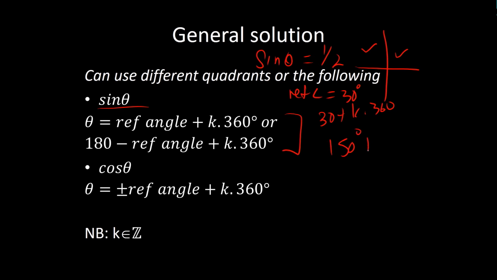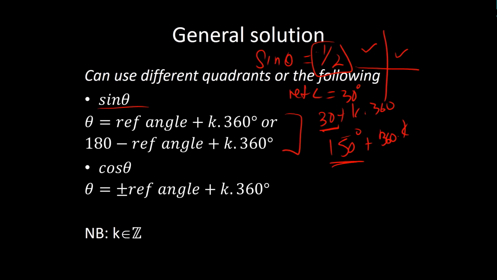Or 150 plus 360 times k, where k is an element of integers throughout the rest of the lesson. So therefore, we look at where sine is positive, and then we find our general solutions. An alternate to that, right? That's perfectly acceptable. But an alternate to that is you can just find